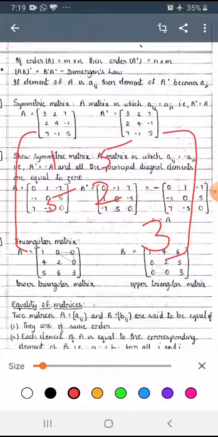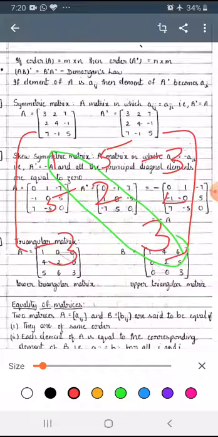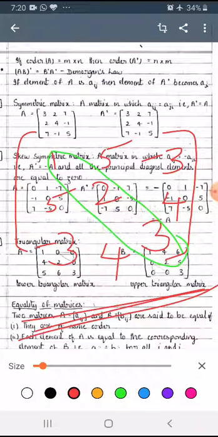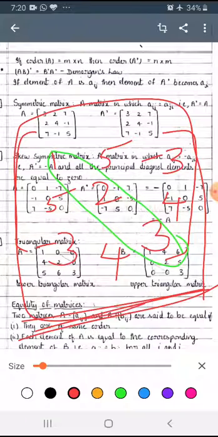Now in the first row, third column, suppose I am taking one element, -3. What is the opposite of this with respect to the principal diagonal elements? Here the opposite is -3, with the same sign. So the same element -3 will come. Now one more element I am taking here, 4, so the opposite also will be 4. Then this matrix is a symmetric matrix. Definitely it is a symmetric matrix. Okay, so remember this, it is important for the identification of a symmetric matrix.